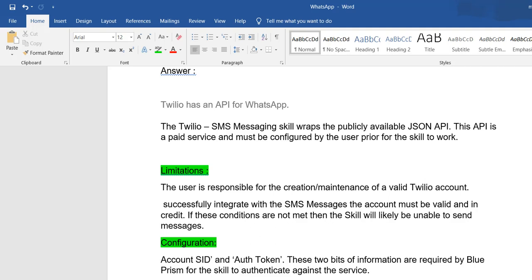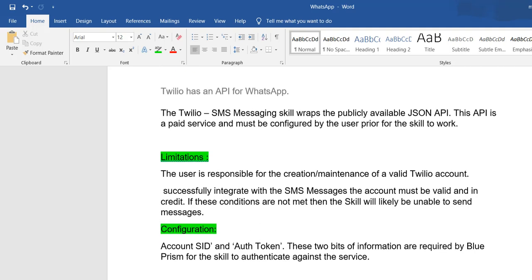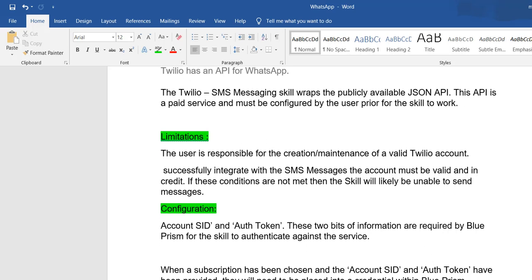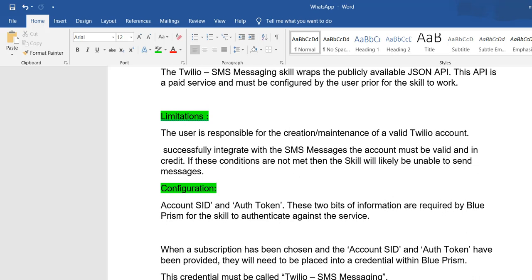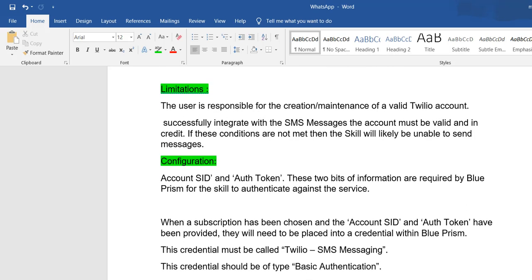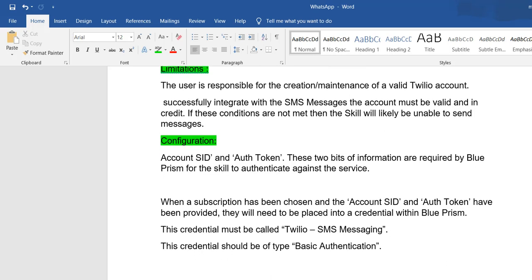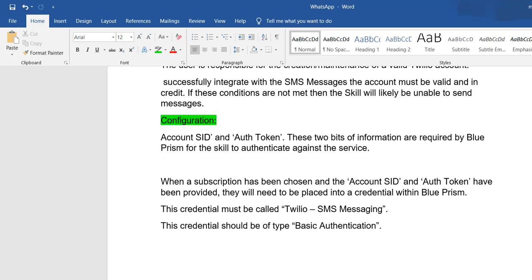Your WhatsApp account should be valid and a credit account, and if these two conditions are met, you will get WhatsApp, or else SMS or MMS. These are all the details you can control with the Twilio and Blue Prism configurations.